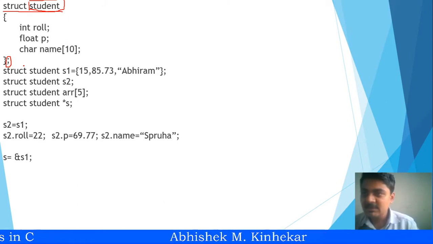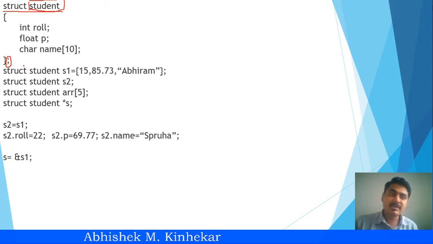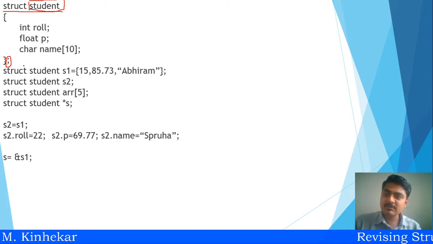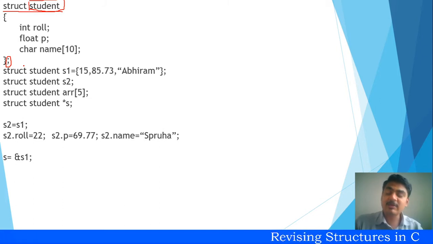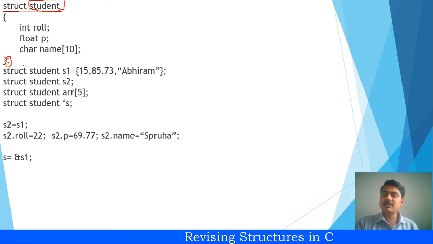Now there is a glitch. Whenever we declare a variable, memory is allotted to it. Whenever we declare a pointer, memory is allotted to it, correct? Whenever we declare an array, memory is allotted to it. Whatever the size of the array is, the memory is allotted to it. But that is not the case with a structure. In a structure, the memory is allotted to an instance and not to a structure. That simply means we need to create an instance of this structure. And how do we create an instance?